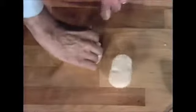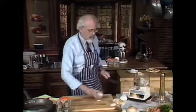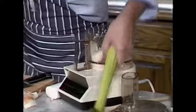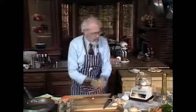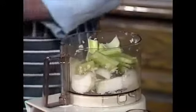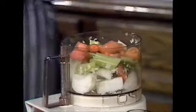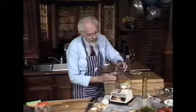Okay, so I'm going to whack up an onion and put that in our machine. That's plenty. And I also want to add 2 or 3 stalks of celery. You don't have to do any work, just chop them up. In they go. And a couple of carrots chopped up too. There. All right, now those are the basic 3 vegetables that we're using for a mirepoix, or literally, it means chopped up. I've got to turn my stove on, here we go. It means chopped up vegetables. That's all there is to it. So we'll chop them up in a hurry. The French chef who uses this all the time, you see, he